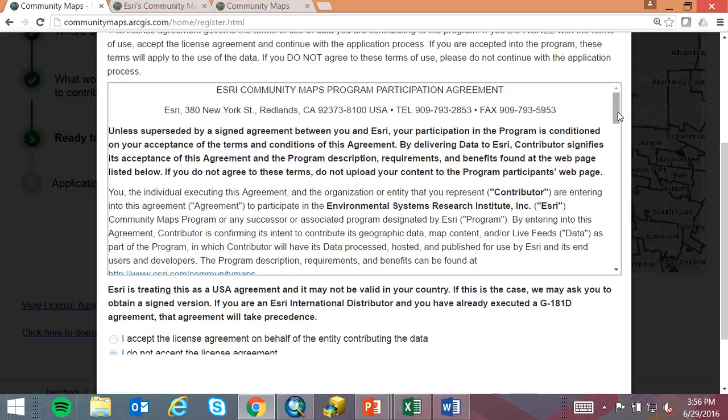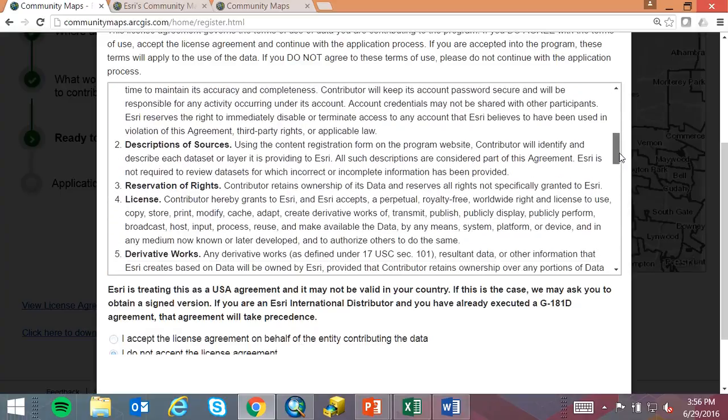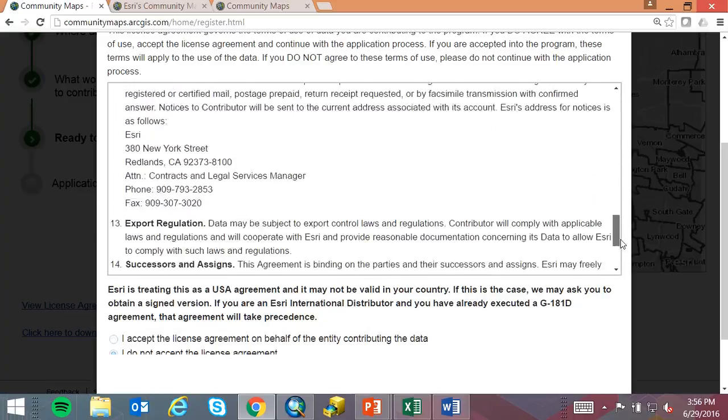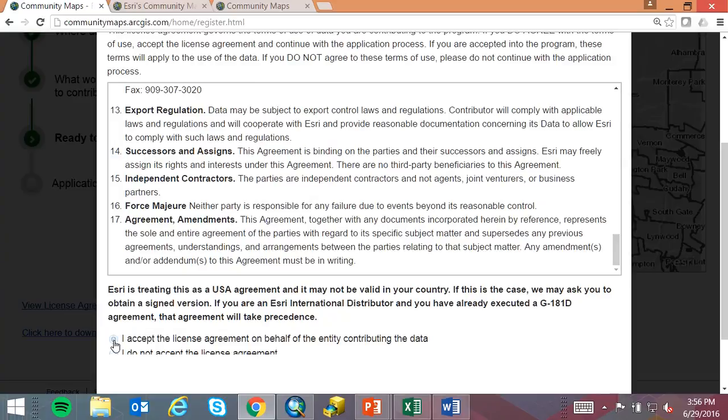And there's really 2 primary things that the participation agreement is applying to: that you have the rights to this data, that it is your data, not data that you're gathering from somewhere else, and that you're allowing Esri to put it into our products, into our base maps. So by reading this form and accepting this license, I can go on